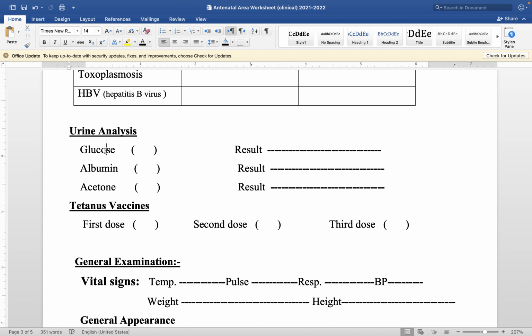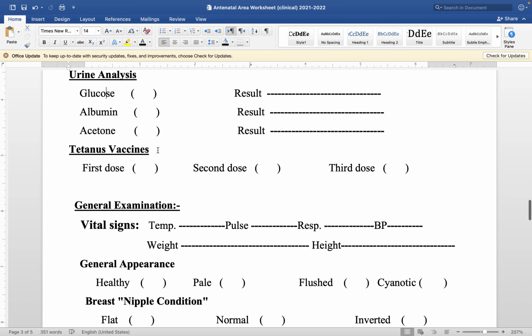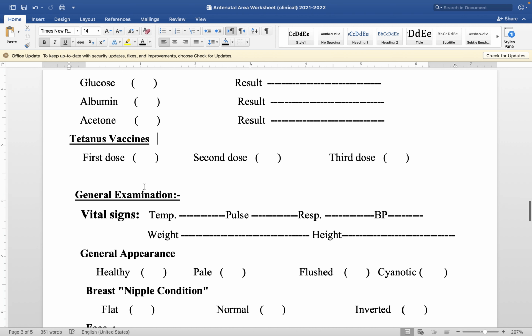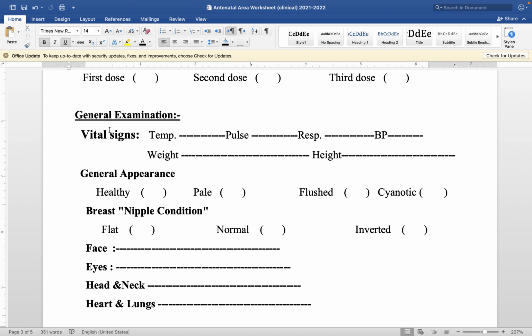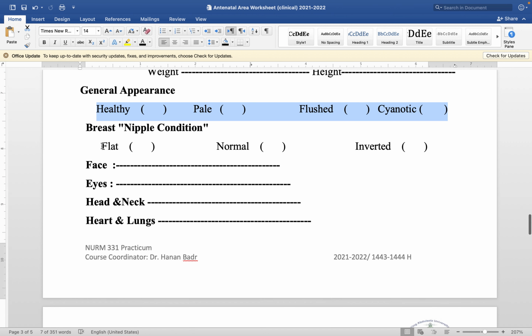Tetanus vaccine is also one of the vaccines that we ask the mother if she received it and when she received it. Was it 5 years ago or 2 years ago? Does she need a dose? How many doses has she received? Also, we should ask about the flu vaccine as well. It's not listed here. For the general examination, definitely vital signs, temperature, pulse, respiratory rate, then appearance, basic physical examination,